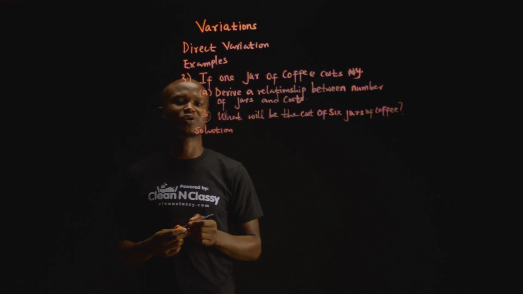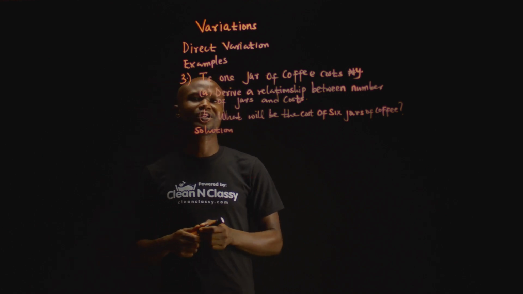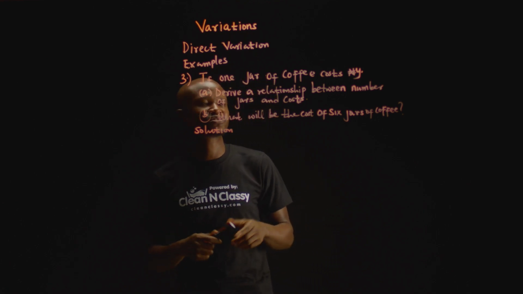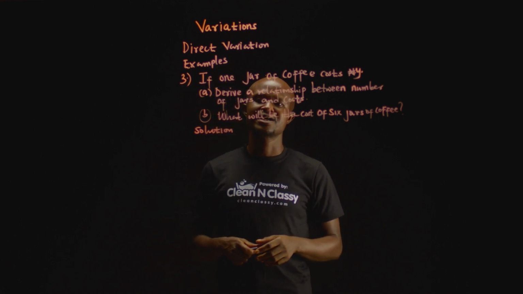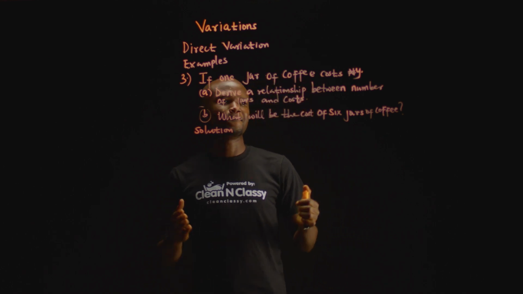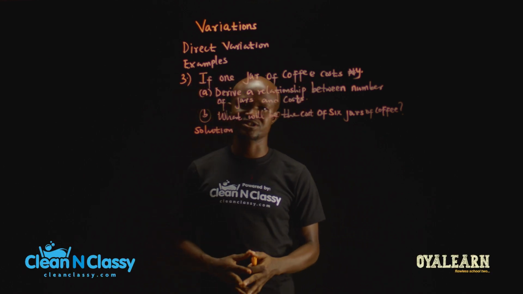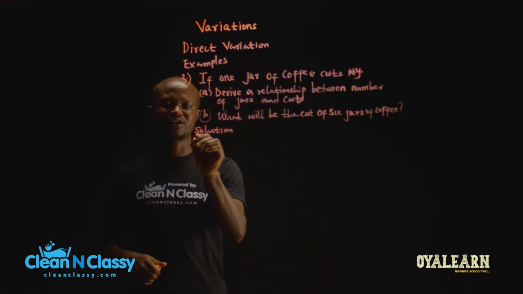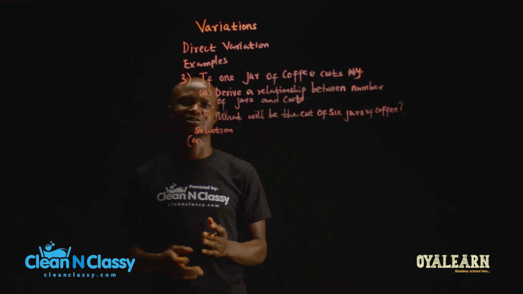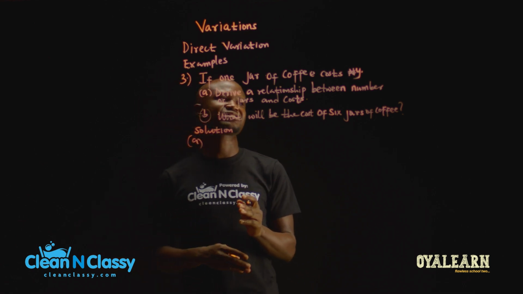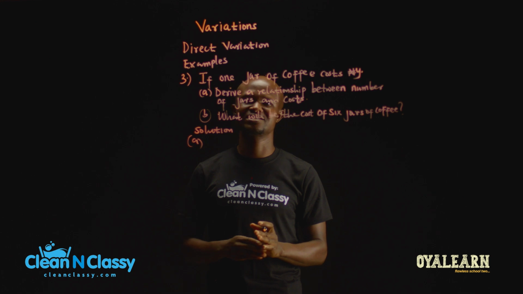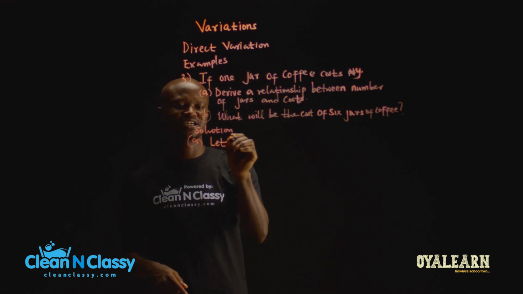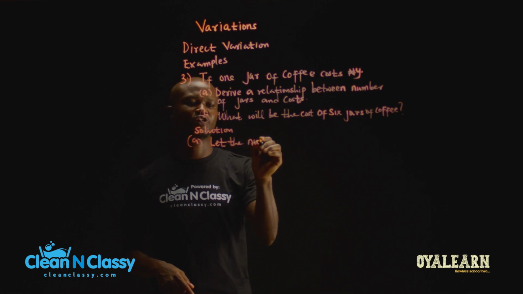Now, from this question, looking at the first statement, if 1 jar of coffee costs Y naira, the relationship between number of jars and cost is a direct variation. So now, in order to solve the first part of this question, we are going to represent some parameters with letters. So we can say, let the number of jars